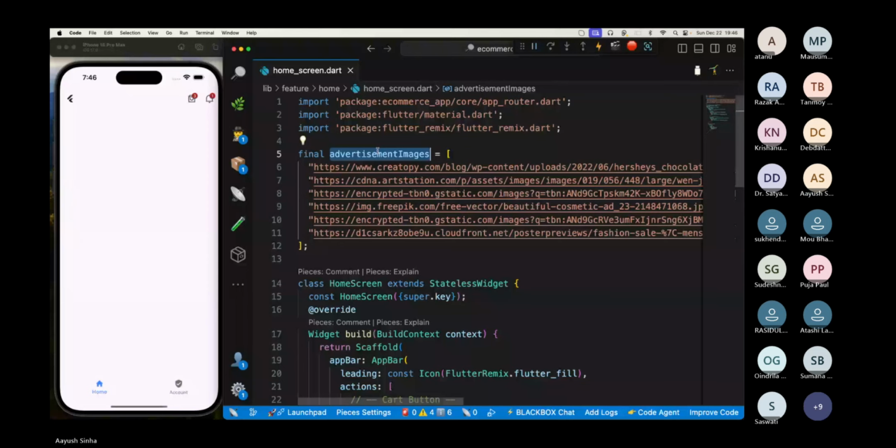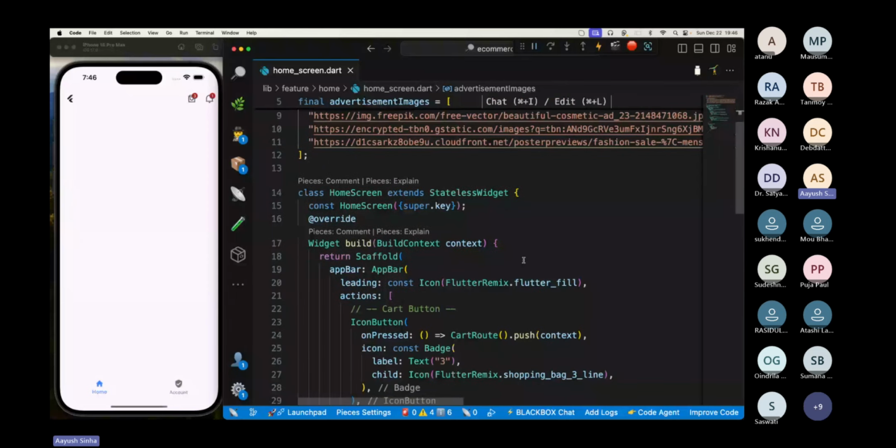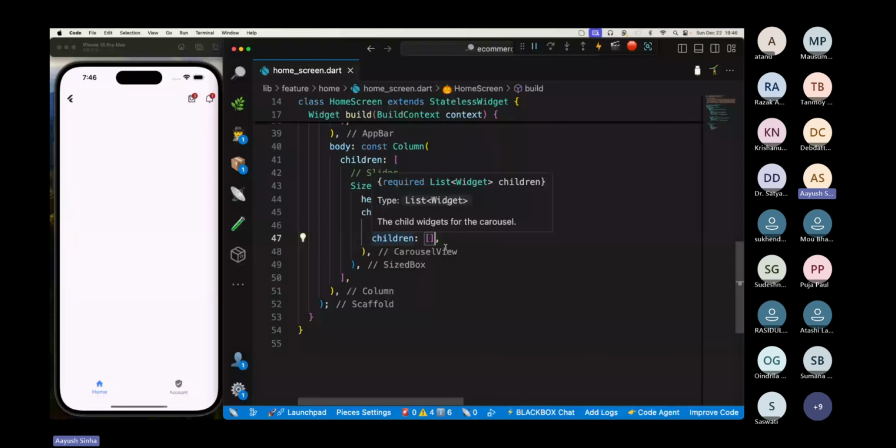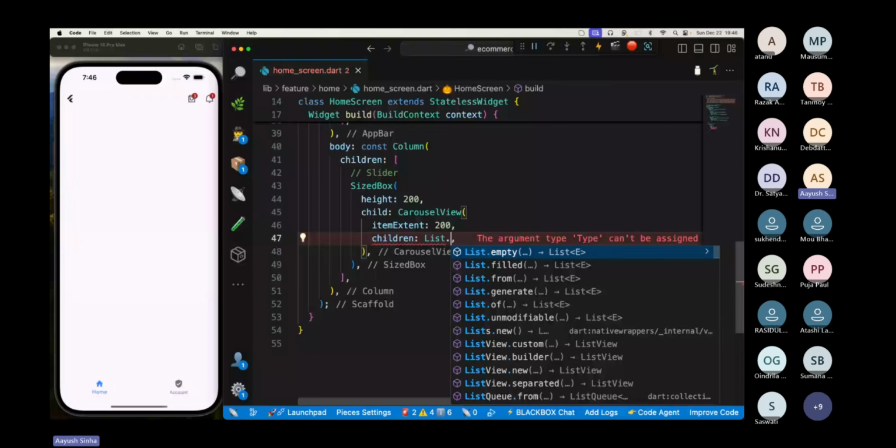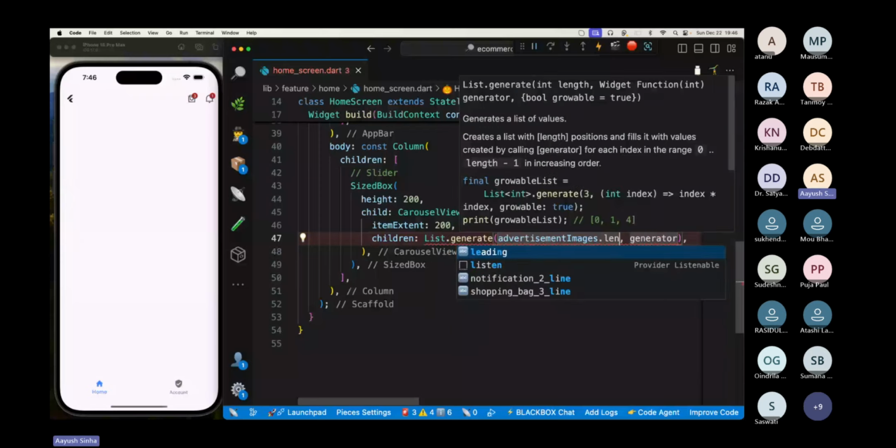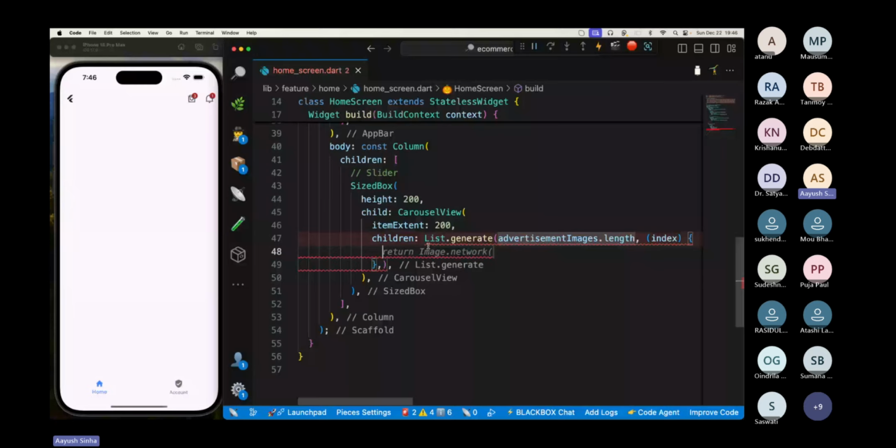So now, instead of creating all the children repeated, I will just create a map, generate the list like this, list.generate, here advertisement images dot length, and in the generator I need to provide this. Okay, this is saying that we can't accept the list of dynamic. If you see the error over here,